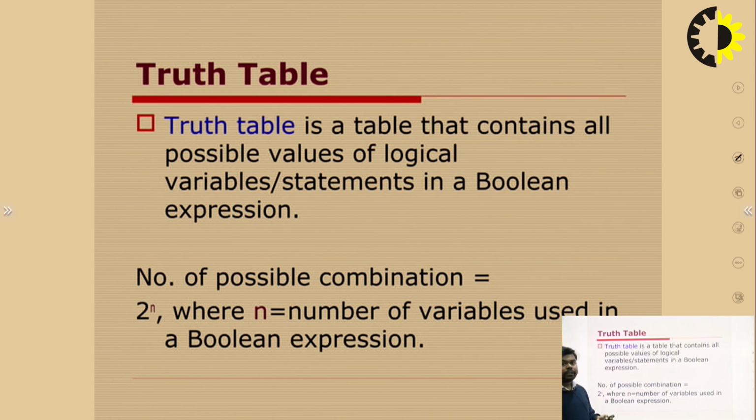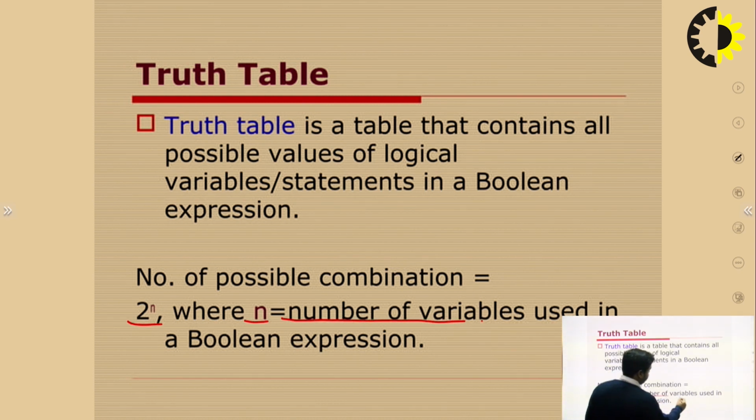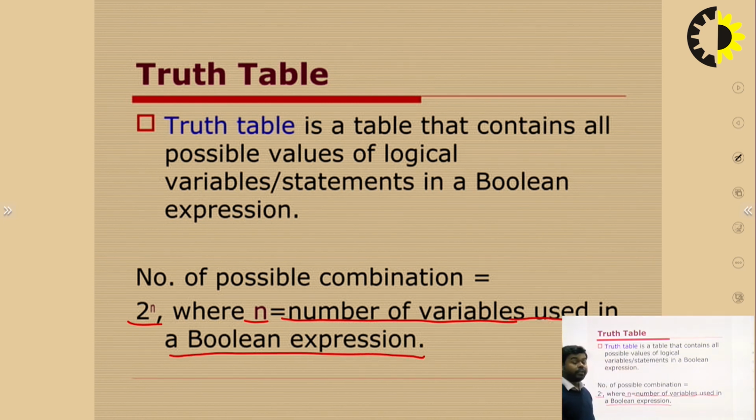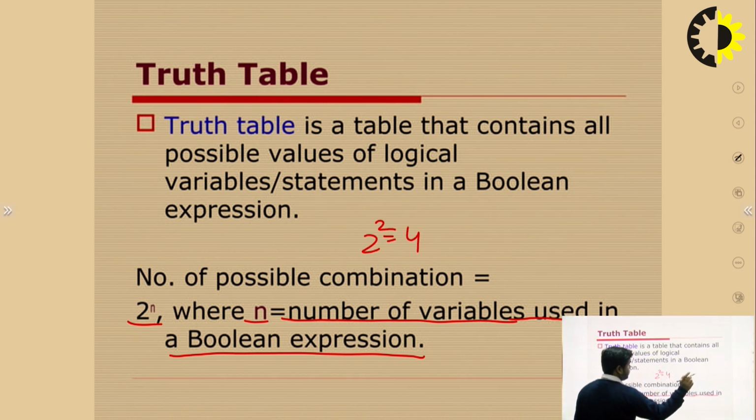What I have told you, 2 to the power n, what are the possible combinations? In the previous slide I discussed the number of possible combinations. Here it is 2 to the power n, for n number of variables used in a Boolean expression. Like I have given you the example, we have 0 and 1, the number of variables is 2. So 2 to the power 2 is equal to 4. If we have 3 variables, 2 to the power 3 is equal to 8, and we will put 8 rows in